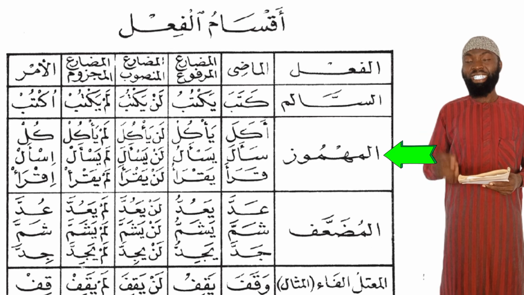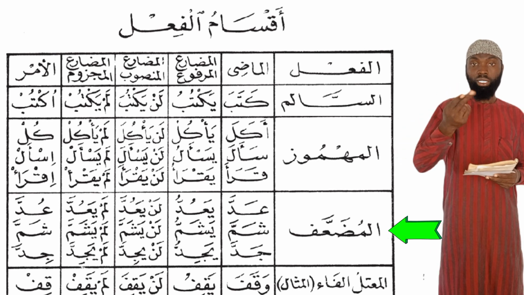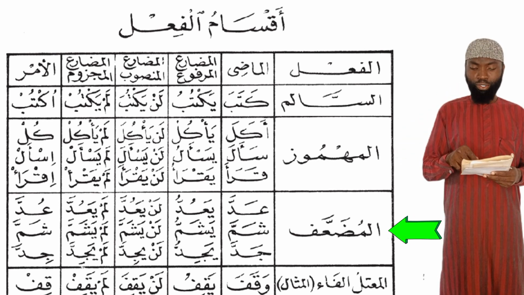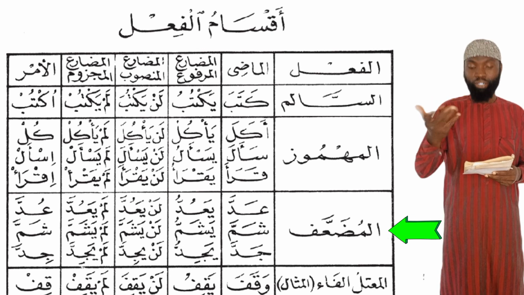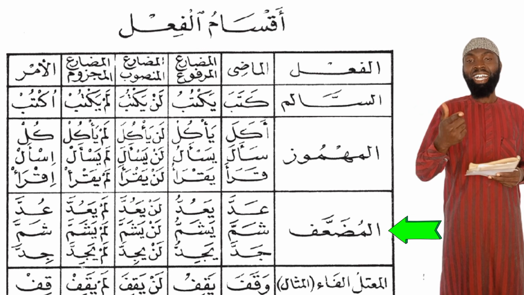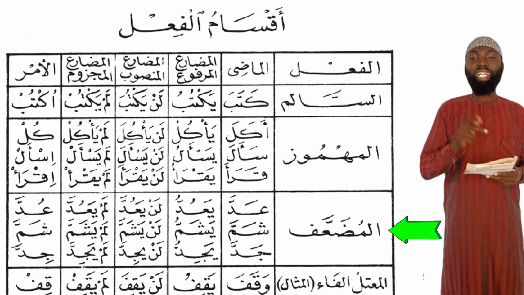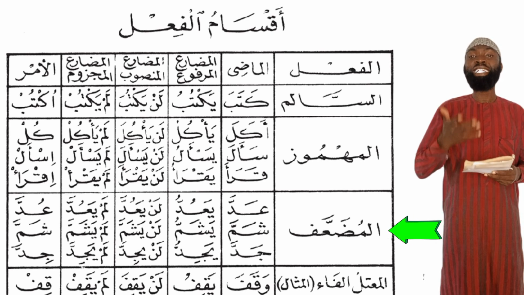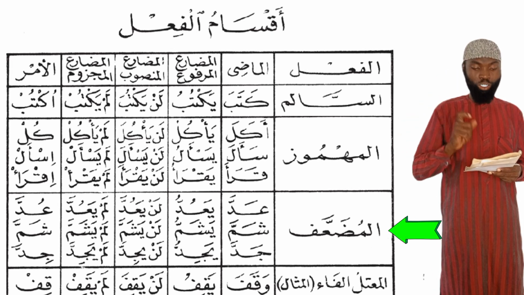The third category is the al-mudha'af, the one which has one of its letters doubled, repeating. The first category is the one whose present tense will be carrying kisra in the first letter. That's adda ya'uddu, carrying dhamma, sorry. Here the mansub will be lan ya'udda, then lam ya'udda, then udda is the command tense.